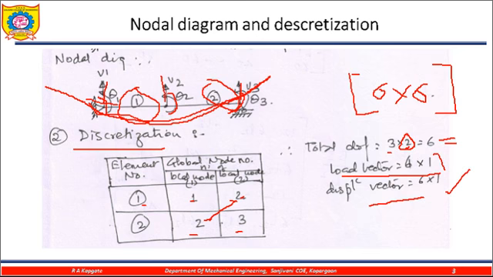So my K1 is equal to 10 to the power 4, just by manipulation of all these values. This is my element stiffness matrix for element 1. In the same way I calculate the element stiffness matrix for K2, and by solving it I get this solution. Here also 10 to the power 4 is common, so by taking out this common parameter, I manipulate this matrix.